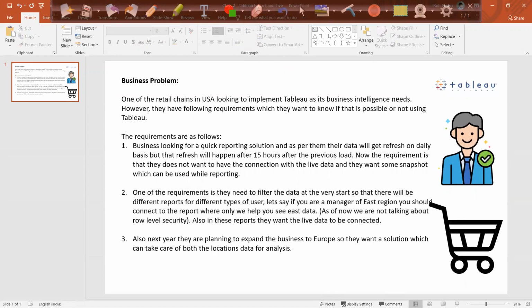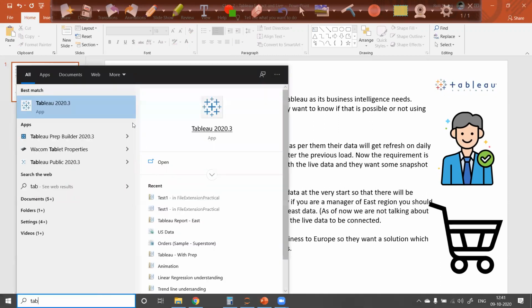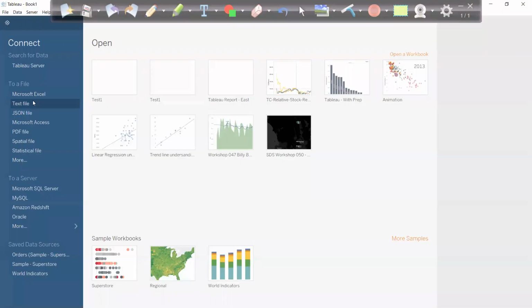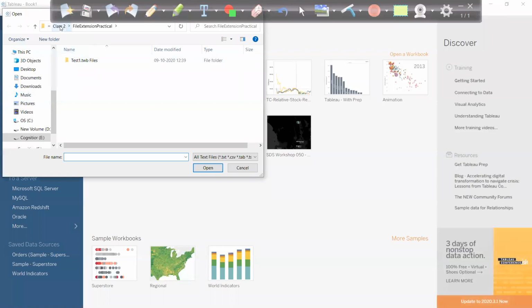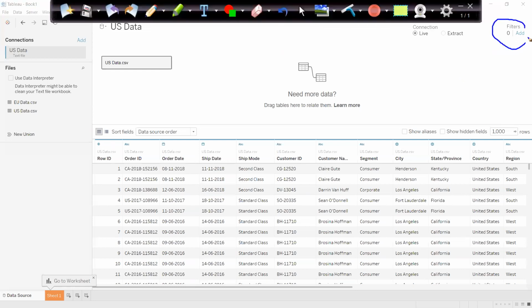And the filter which we saw, this one, is known as a data source filter, because we are filtering the data at the data source level. So in Tableau, there are multiple types of filters. This is the very first type of filter, which is the data source filter.